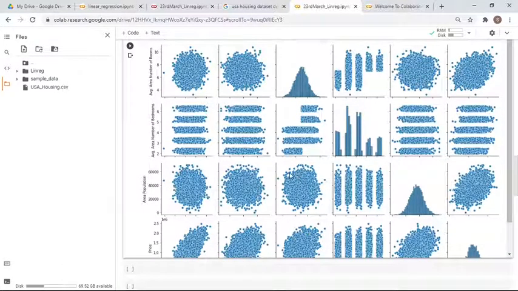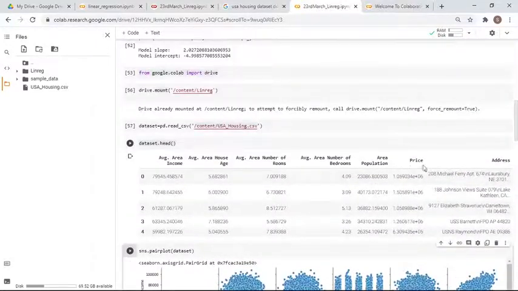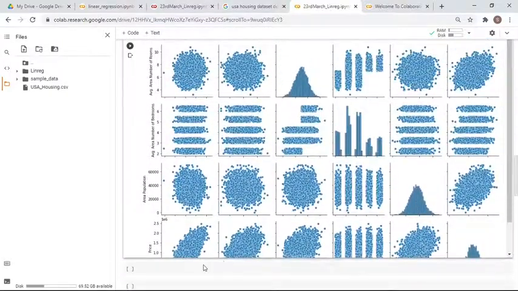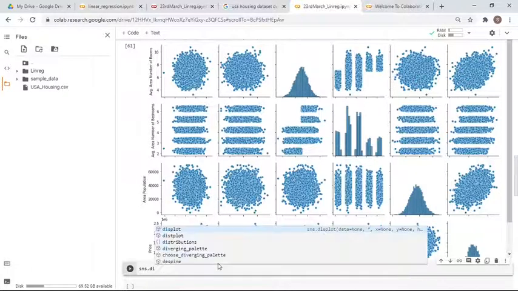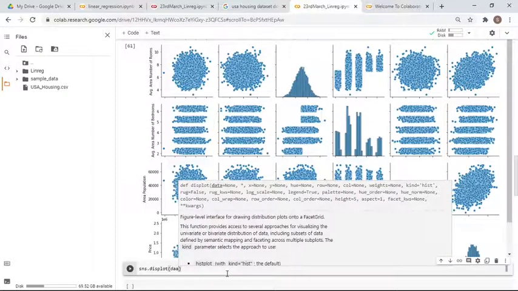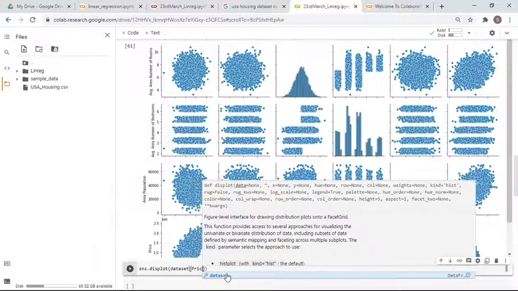Okay, next let's say you want to see the distribution of price. Because as I said, price is what we are going to predict at the end. So you want to see how the distribution of price actually looks. For that, what you have to write is sns.distplot, the distribution plot, and then here dataset, and then the price column.